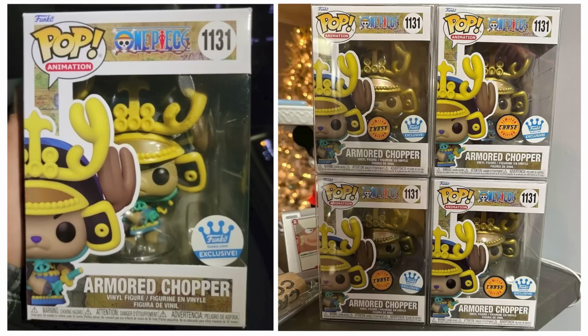Now, here I wanted to give you guys a quick update on the Armored Chopper Funko Shop exclusive and kind of speculation as to when it might release. Shared from DMS Collect and Dominic, we do have first looks at Chopper in box here, the regular exclusive and the Chase variant there. At first glance, something you can notice is that the box art covers half the pop, unfortunately. And a lot of pops have actually done this where they just kind of cover half that detail in box, and you're kind of forced to take it out of box almost. And I don't think that's necessarily a bad thing, but if you're an in-box collector, obviously it technically is a